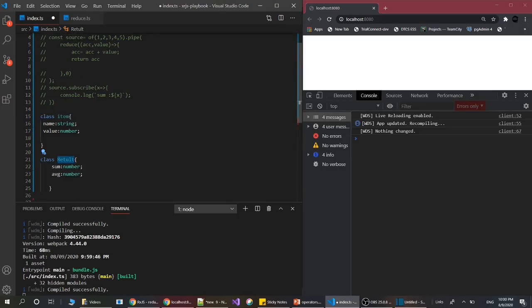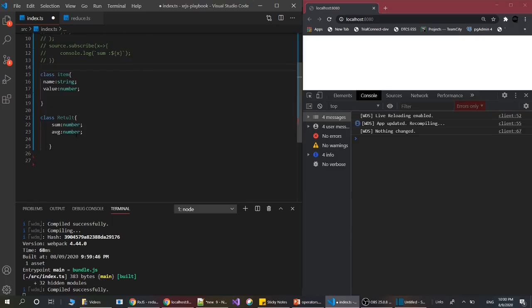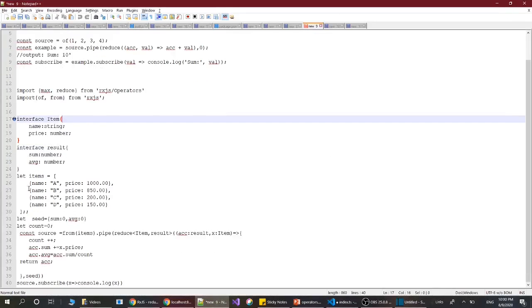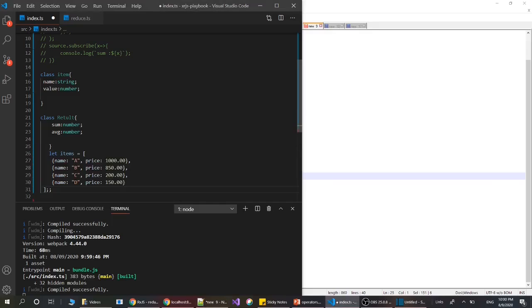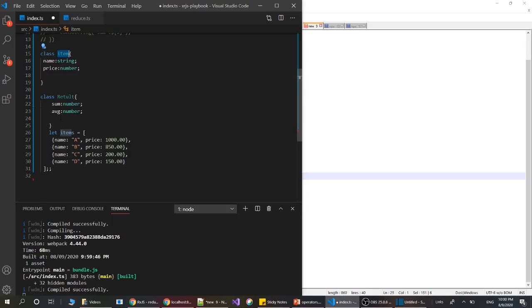Okay, now let's create the array which is going to produce the list of items. I have already listed some items here. Let's change the value to price, meaning this item has some price. So we have item, we have result.